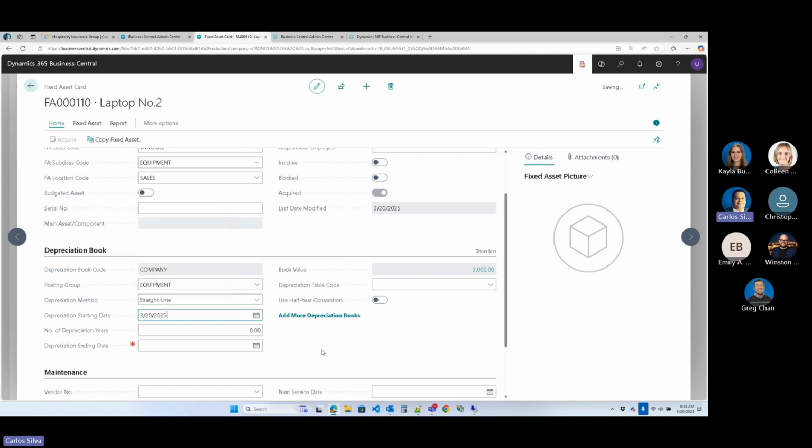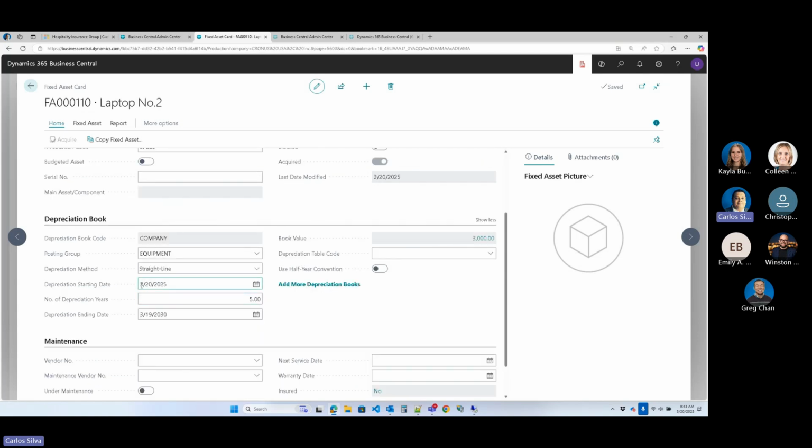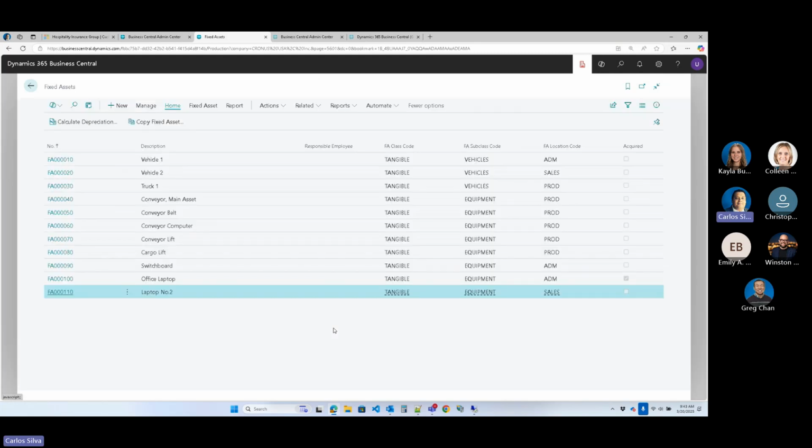Let's say today, since it's the first day I've acquired it, I'm going to depreciate it for, let's say, 5 years, and that's depending on whatever your controller or your finance department says that depreciation needs to be. So now that's all you need to do. You've set the date you want to start the depreciation, and then you also set the number of years that depreciation needs to flow to. In this case, it's flowing all the way to 2030. So now you're done with setting up the fixed asset. You're done with